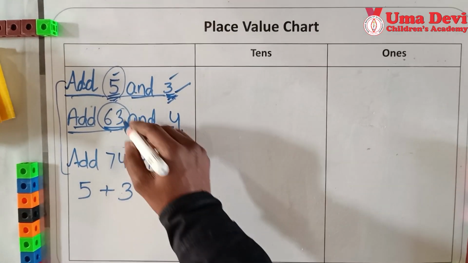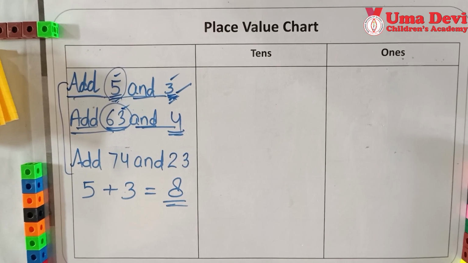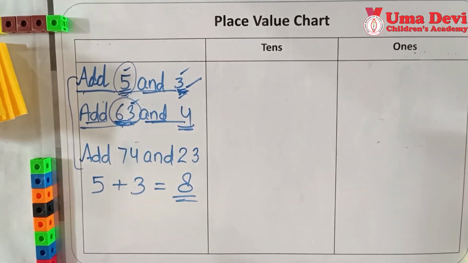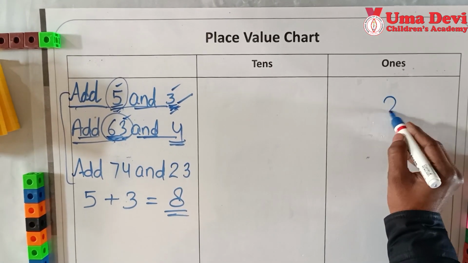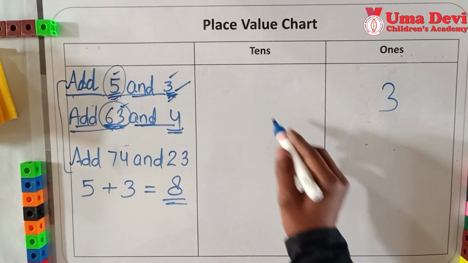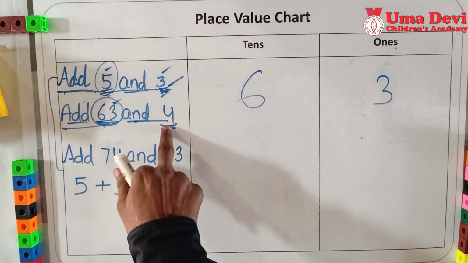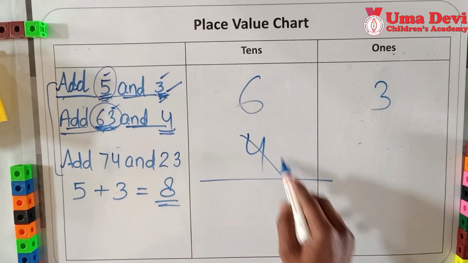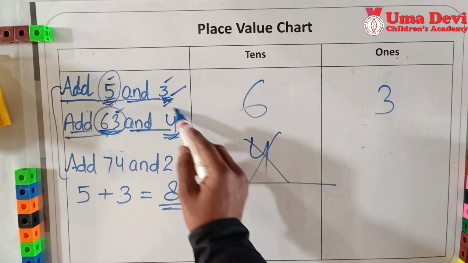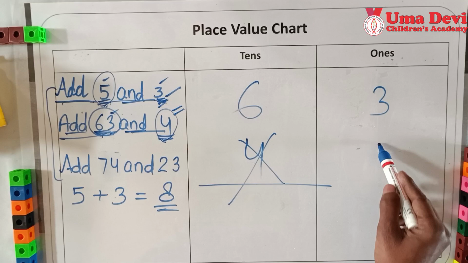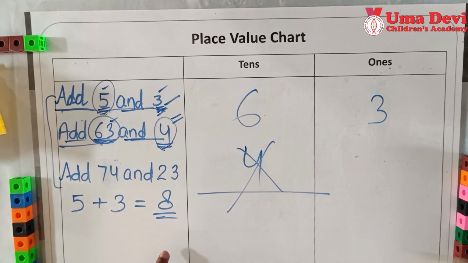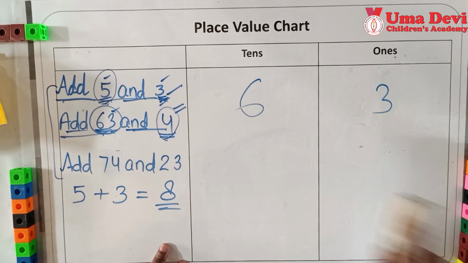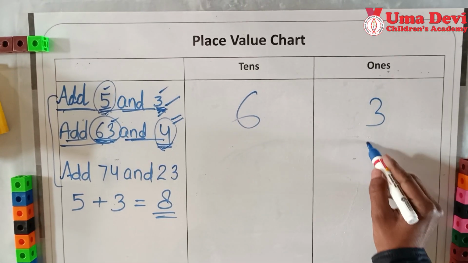So look here, where will 3 go? We have learned face value and the place value of the numbers. So you know how do we write this 63? So where will 3 come? 3 will go in this ones column. Where will 6 go? 6 will come in tens column. And where will we write 4? In this column here. You will say, no sir, this is wrong. Why? Because it is a one digit number and it will come in the ones column. Good. So I am erasing this. It was wrong. So I will write this in ones, like this.